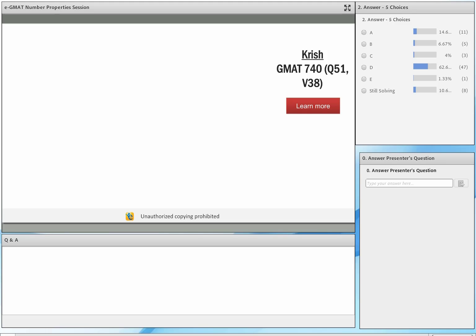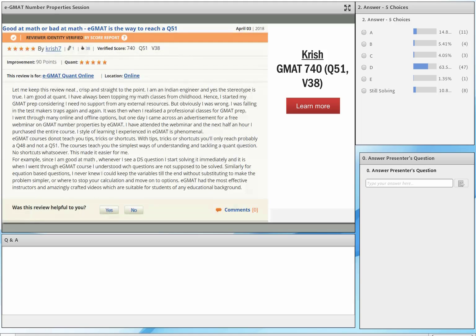Now, this first success story is for people who think they are really good in GMAT Quant, and that's really good, right? And I want you to definitely take the time in reviewing the verified review of Krish on GMAT Club. Now, Krish had always done well in quant, but he was stumped by the GMAT. He constantly faltered on GMAT questions, falling into familiar traps, and frustrated with his lack of progress, he decided to change his approach. And that's when he started following this methodical approach that's based on 100% clarity in concepts, and on following the process skills. And he changed his approach towards data sufficiency completely.